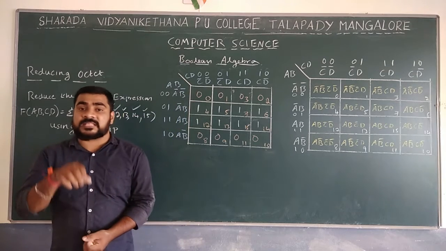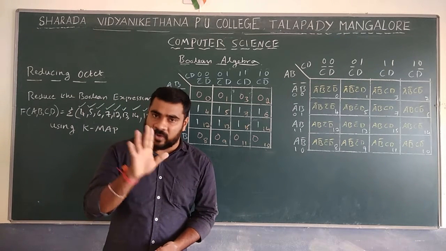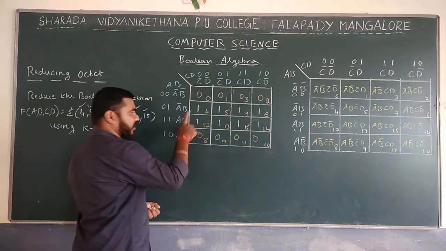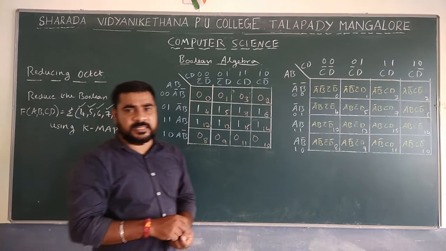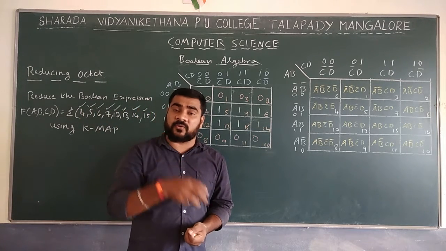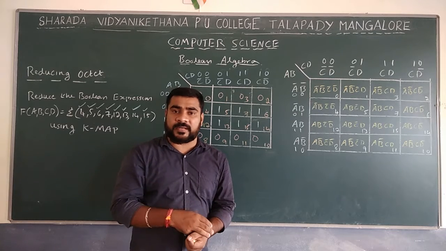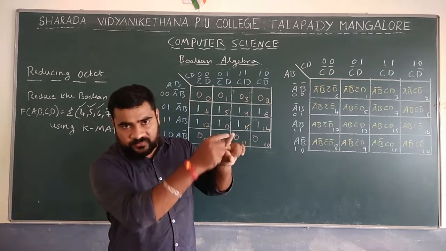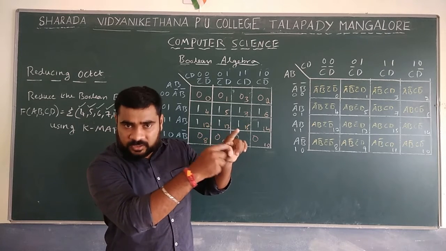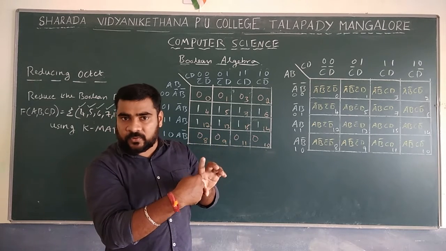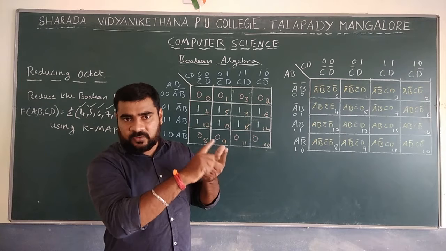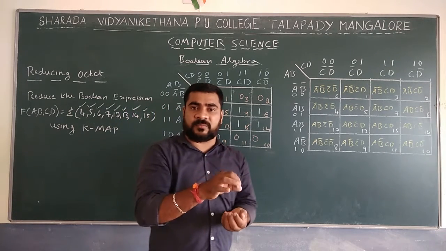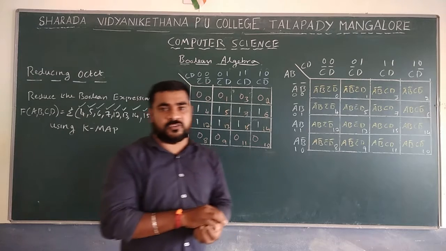After marking everything 0 and 1, then we have to group. In case of SOP, we have to group the 1s. So here, if you take 8 adjacent cells together, how can you group an octet? Whenever you are going to group an octet, either 2 rows should be together, first row and second row, third and fourth. That is also okay. Any 2 rows should be together. Or any 2 columns, first and second, third and fourth. Like that. Any 2 columns together means that we can mark together. So all the cells should be marked like that.